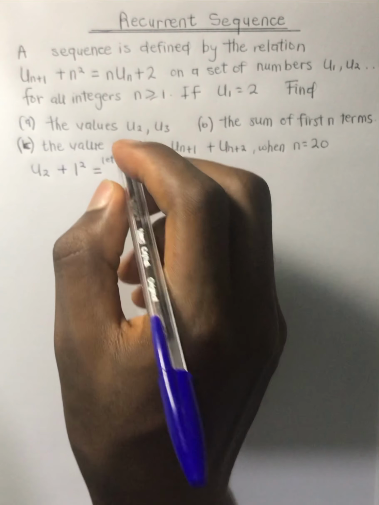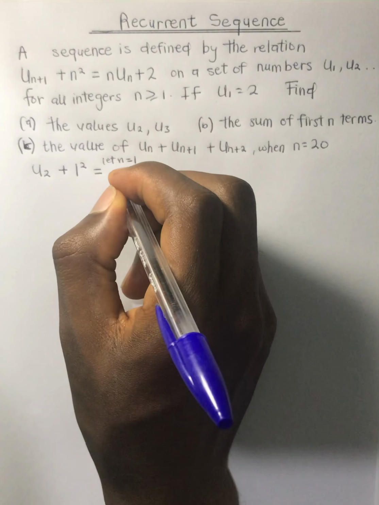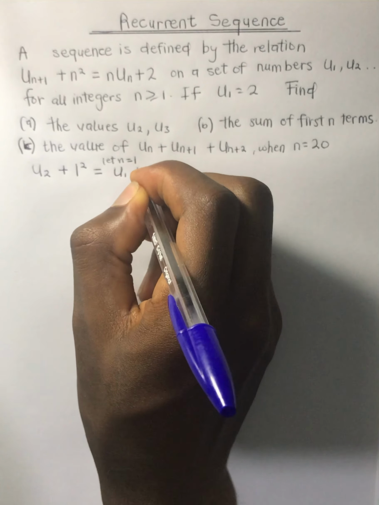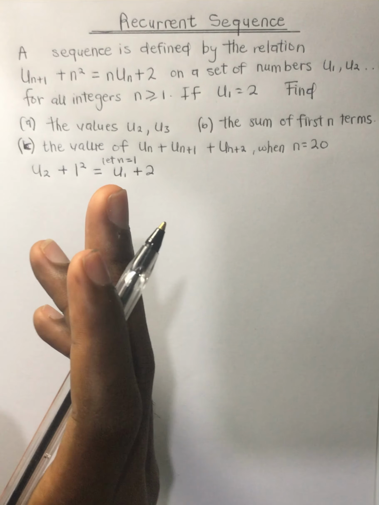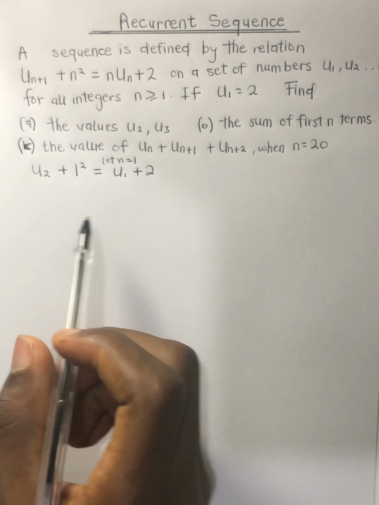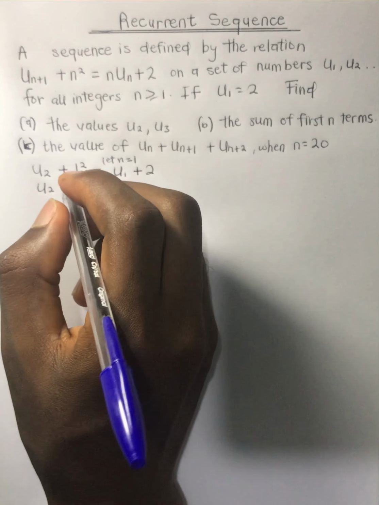So this is equal to 1 multiplying u subscript n, which is the first term of course, plus 2. So now we have this expression. As I said, this is very simple. Now solving this, we get u subscript 2